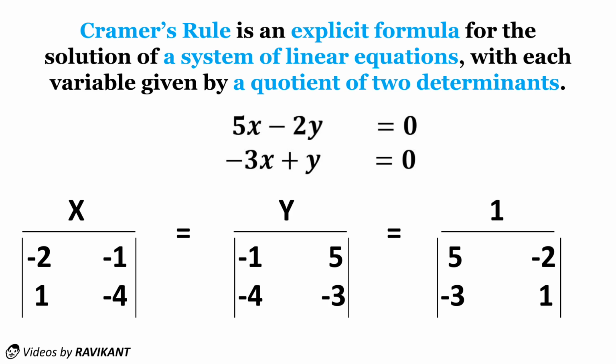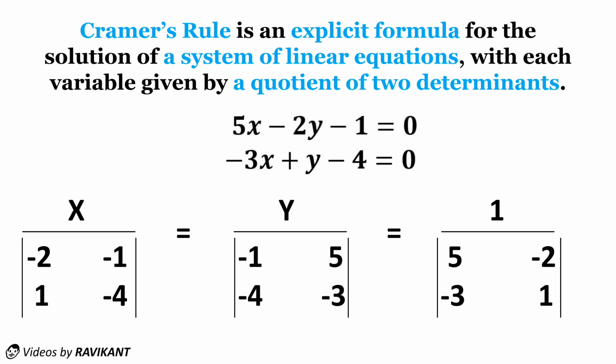So we have made all determinants for the particular variable and constant. So what you have to do? Simply you need to hide the terms of x when you make the determinant for variable x, and then write the coefficients of y and constants. And hide the terms of y when you make the determinant for y, and then write the constant terms and the coefficients of x. And finally, hide the terms of constants when you make the determinant for 1, and then write the coefficients of x and y.